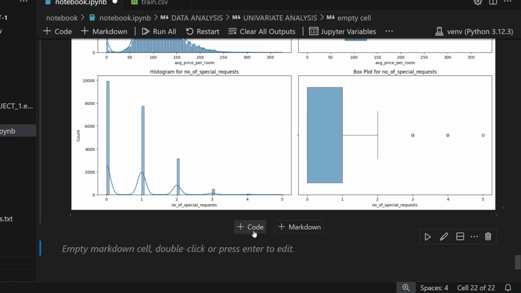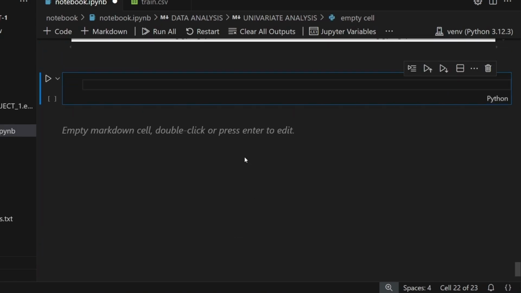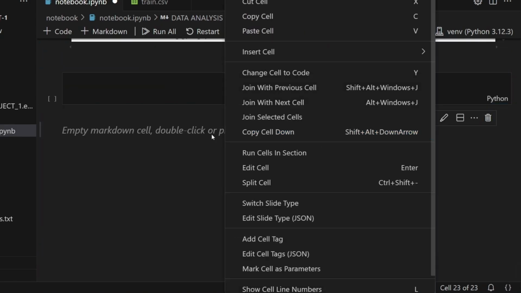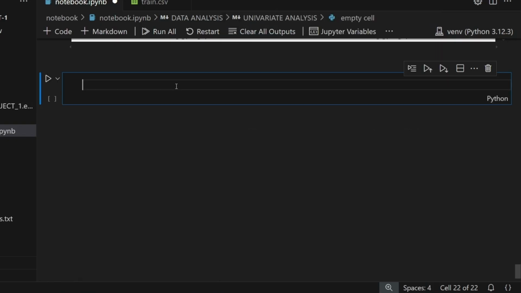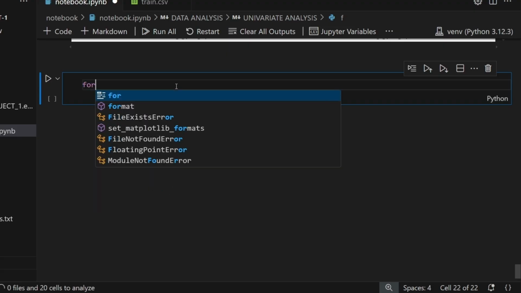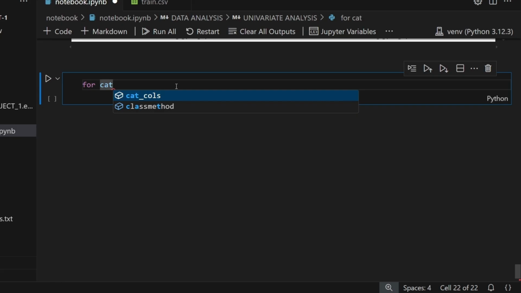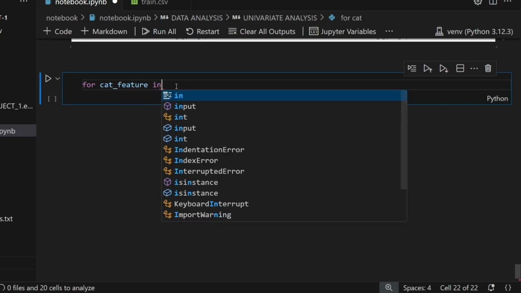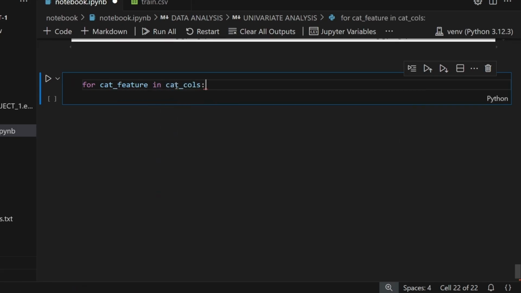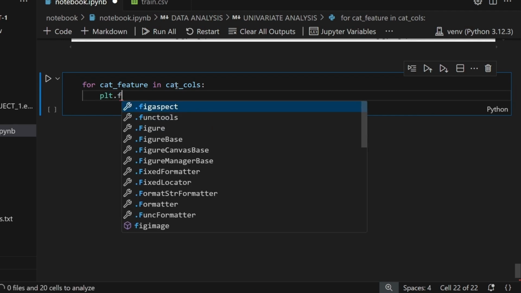insights. Next we will be doing univariate analysis of categorical columns. For categorical columns, we will create another function. Let's create another function. But instead of creating any function, we just loop. Okay, we will do looping for cat feature in cat columns. We will loop in the cat columns and then plt dot figure